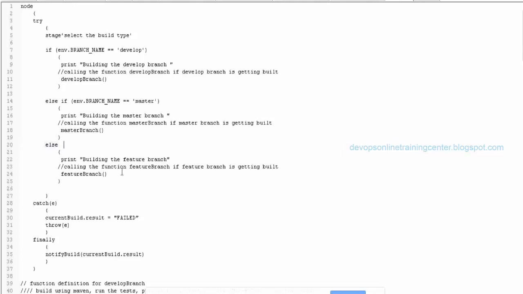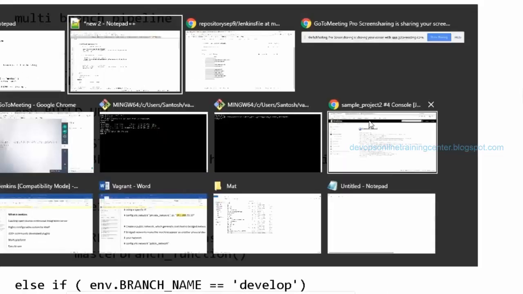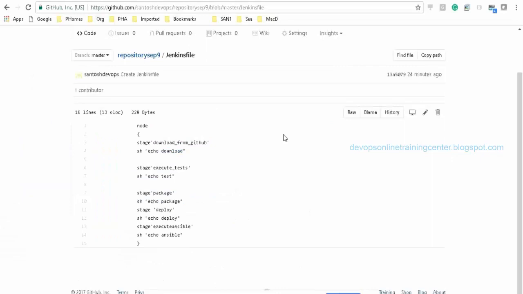Okay. So let us try a sample multi-branch pipeline. So I'll edit the same code.